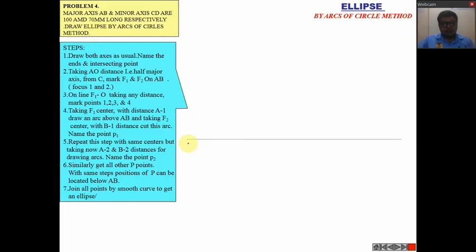The first thing you have to draw is the major axis, that is the horizontal line, and indicate points A and B, something like this. Then from the midpoint you have to draw the minor axis in the same manner which we have already drawn in the previous methods, that is 70, so 35 mm above the AB line, and the remaining will be below this AB line. Indicate points C and D. Then next step is very simple. You have to indicate the midpoint as O.